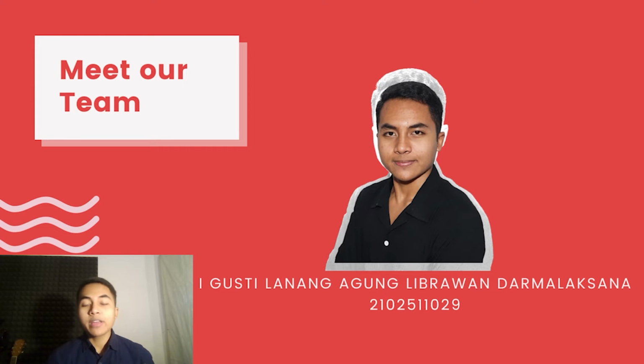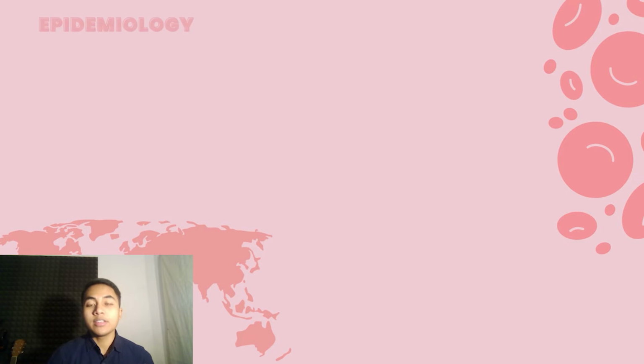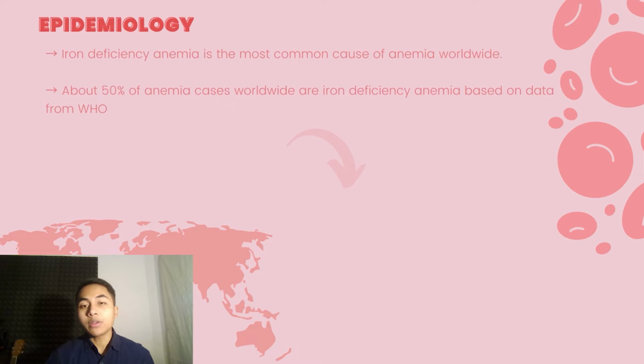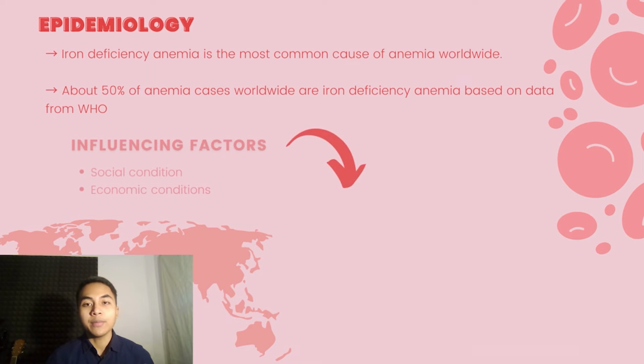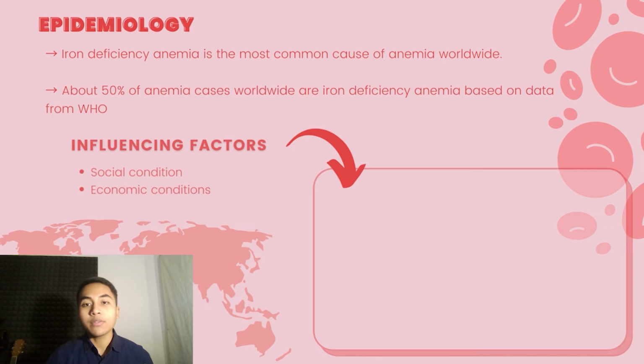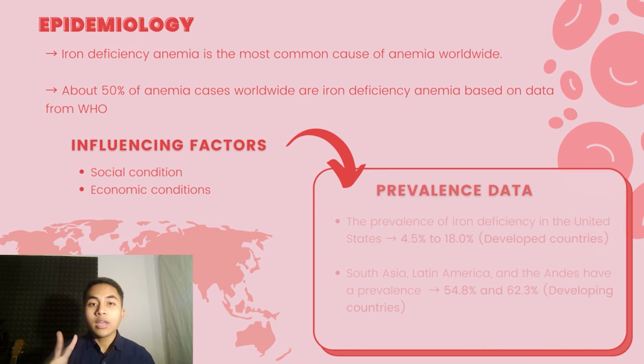I want to explain about the epidemiology of iron deficiency anemia. Iron deficiency anemia is the most common cause of anemia worldwide, because about 50% of anemia cases worldwide are iron deficiency anemia. The prevalence of data varies in each country because it is influenced by two factors, namely the